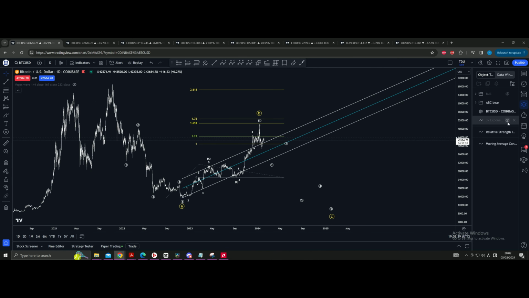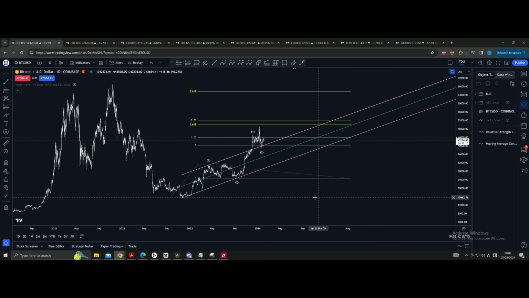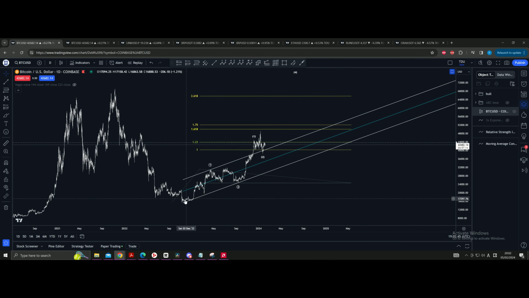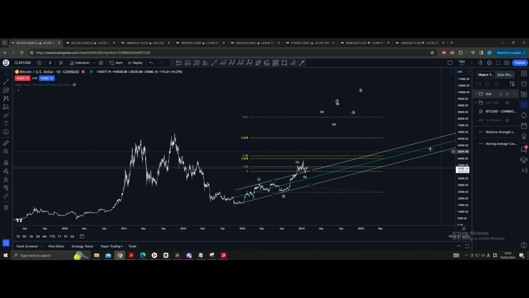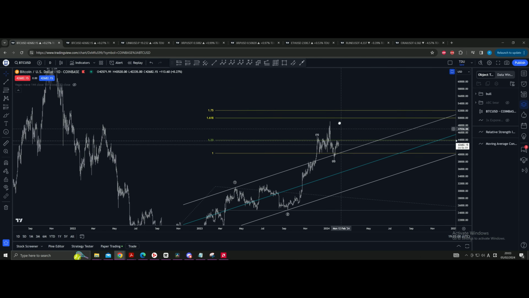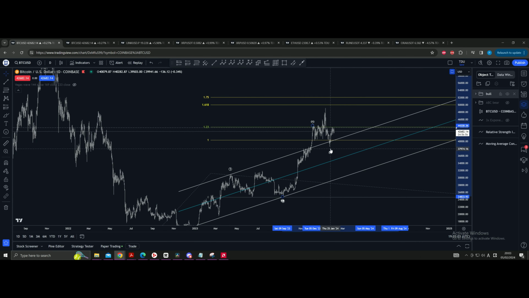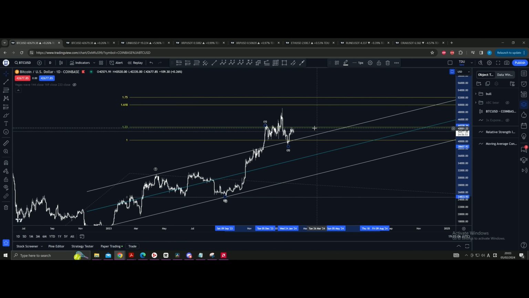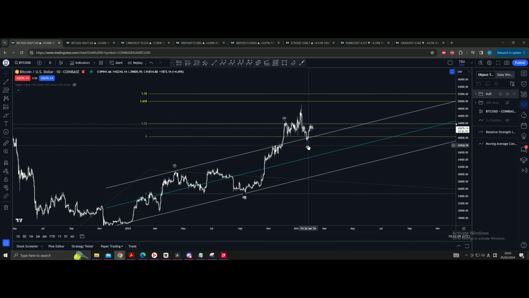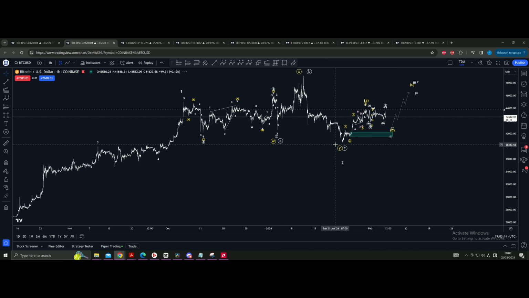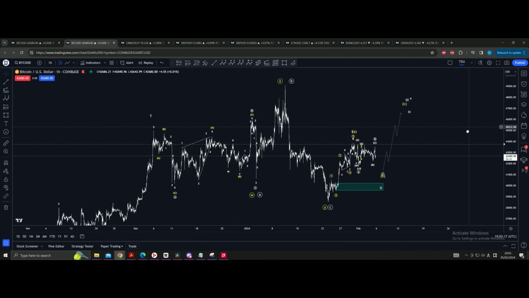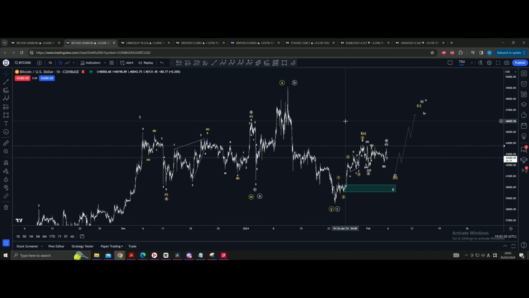Having said that, let's entertain the bull scenario. Now, if we had a wave 1, 2, and now 1, 2, 3, 4, 5, where I would end it here, and we have a sideways wave 2, well, we might expect something like this. And again, I'm going to repeat that there is a case that this is a wave 2 and that the low is in. So now I'm going to go through the count and show you why I think that could be the case. If you're good in Elliott wave, then you know that